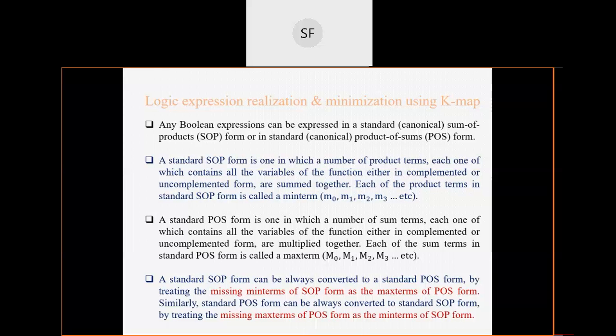अगर sum of product form में होता तो आपने पहले min terms find out किए, और जो min terms में missing थे वो आपके max terms हो गए. राइट. सिमिलरली अगर आपका बुलियन एक्सप्रेशन जो गिवन है वो प्रोडक्ट ऑफ सम के फॉर्म में है, देन वी हैव टू कैलकुलेट मैक्स टर्म फर्स्ट, एंड दोज टर्म्स which are missing in the POS form, then you have to treat them as min terms in SOP form. Okay, so I hope these points are clear to you.